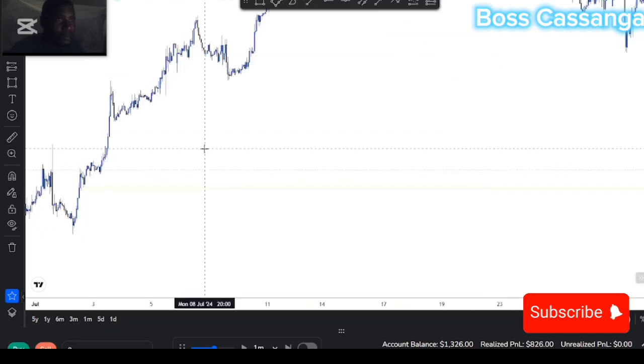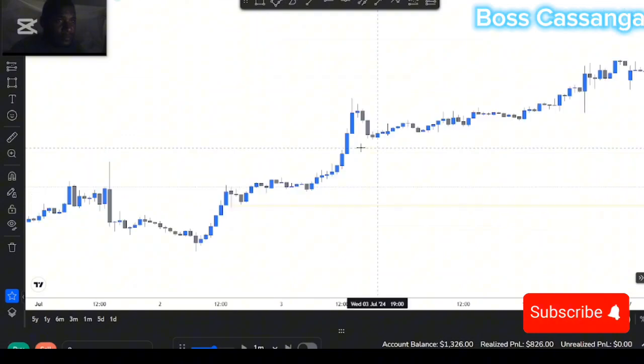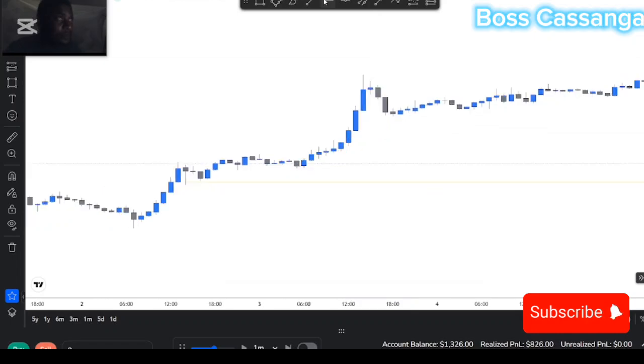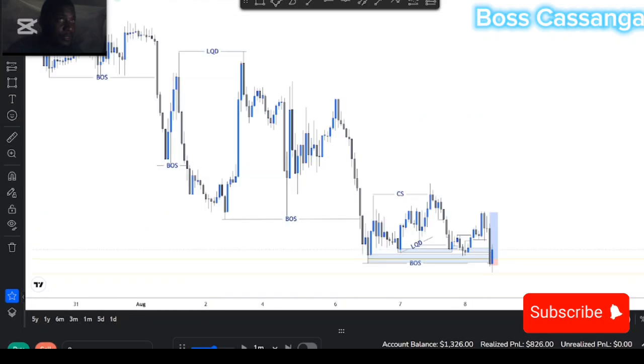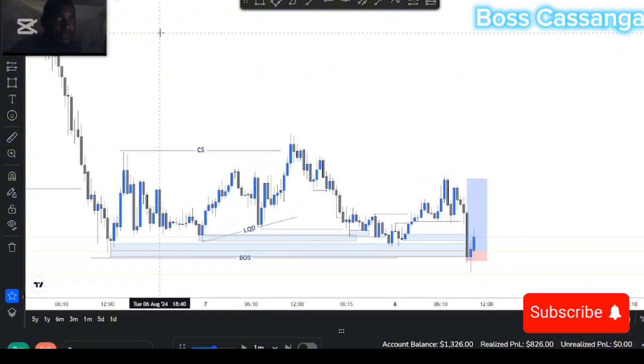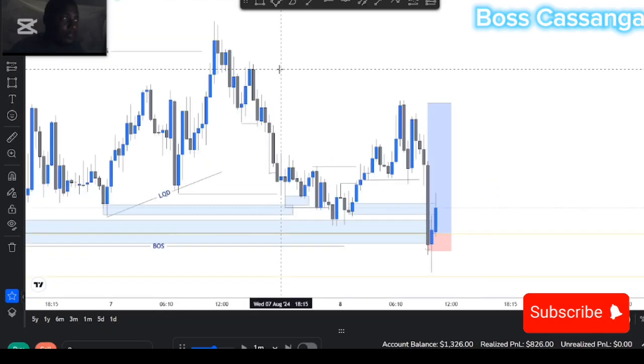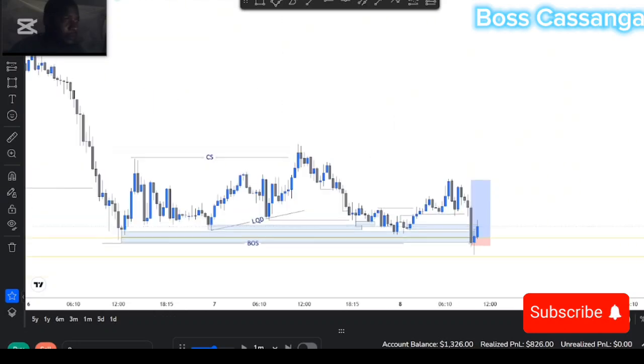Okay, let me just see. Okay, zooming out sometimes is very good. We have this demand zone there, also resistance right there, then a demand zone. Okay, maybe that's why. So we've just lost two trades, risking $200, that's 400 already gone in 2 trades. Now I still just wait and see what the market can give you.